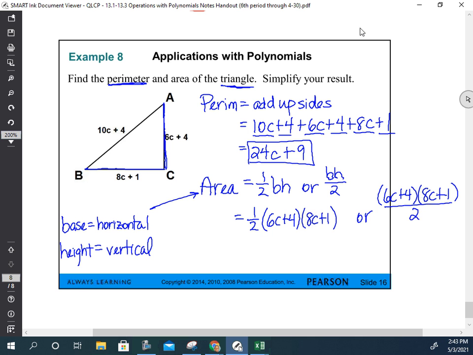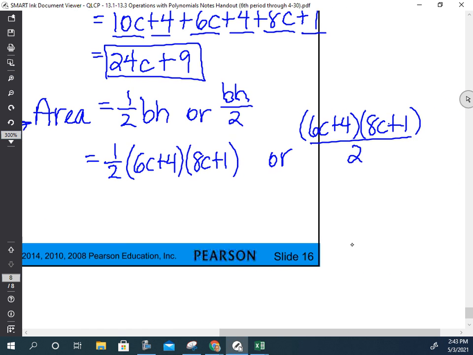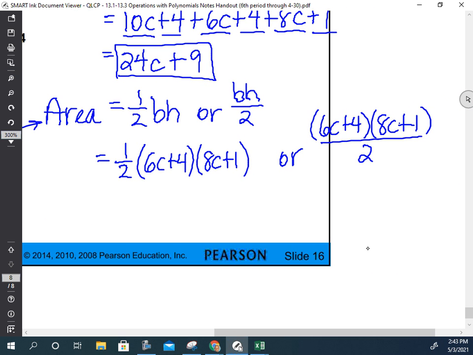All right, so now that we have both ways that the problem can be solved, let's go ahead and solve it now. So starting with the first way here, 1/2 base times height. So you have 1/2 times 6c plus 4 times 8c plus 1. So if I were solving it, I would probably take the two parentheses and multiply those out first. In doing that,